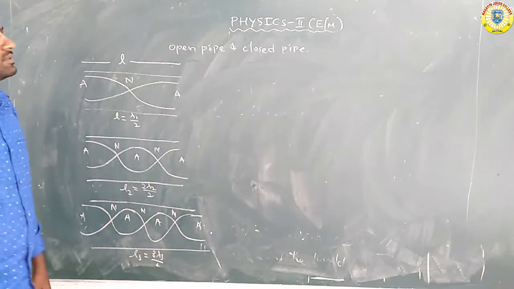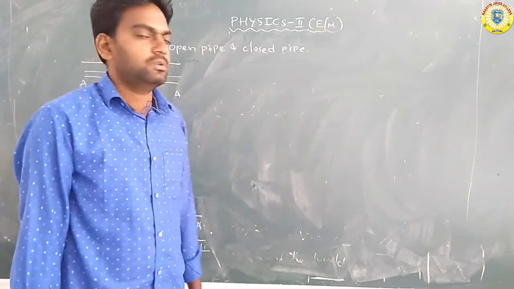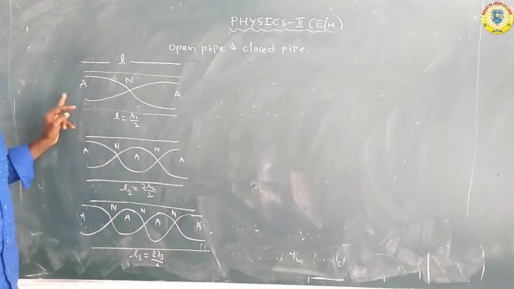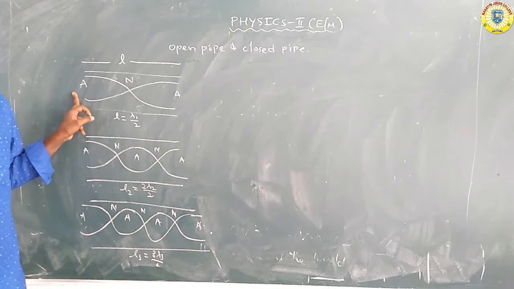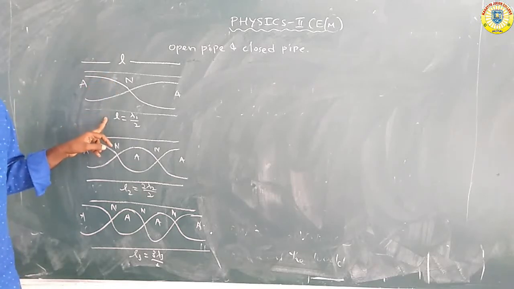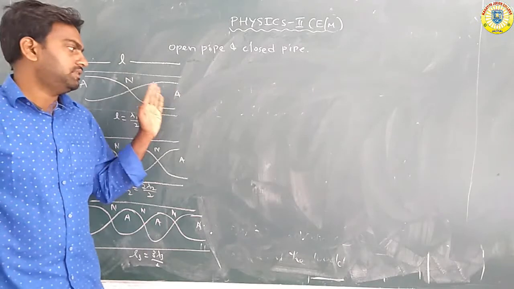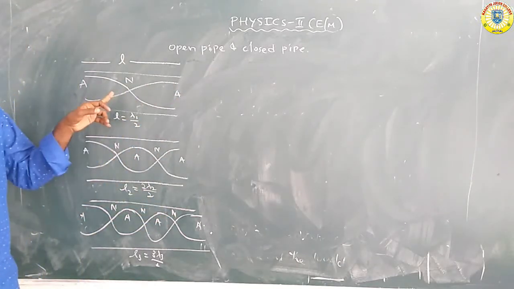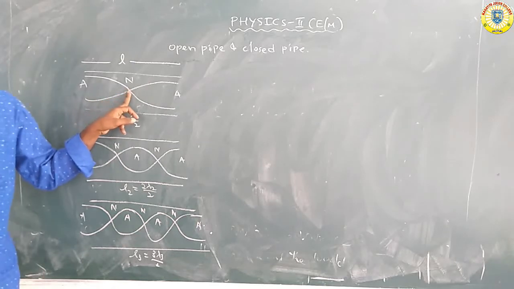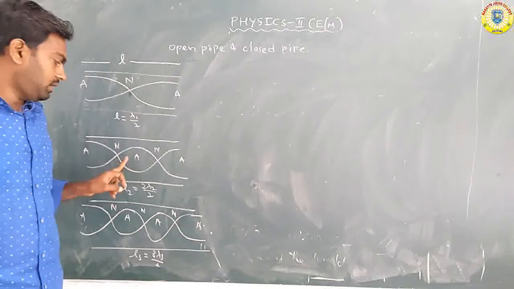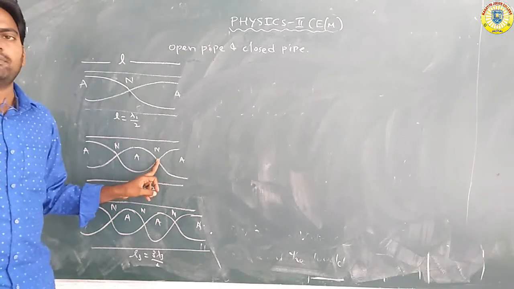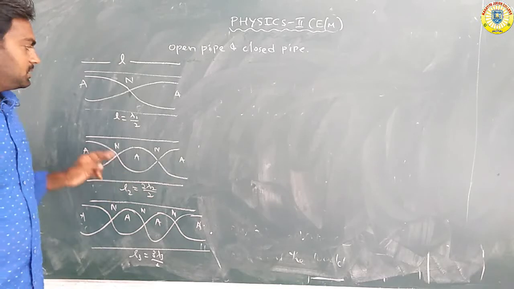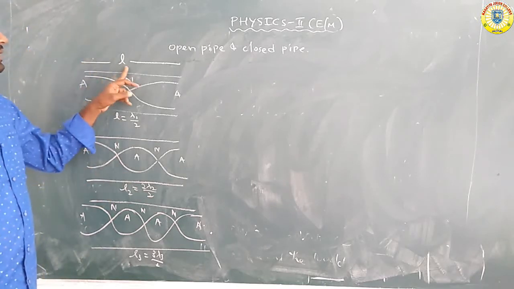So what is the open pipe? Both sides open is called an open pipe. Now we send the sound wave through the organ pipe, and it gets reflected. The incident wave and the reflected wave are superimposed, overlapping each other and producing stationary waves along the length of the open pipe. The length of the pipe is taken as L.